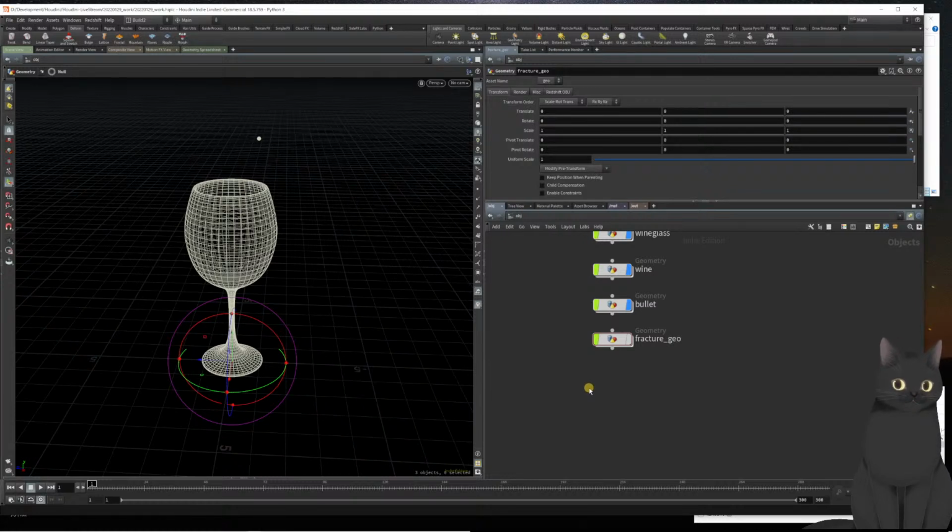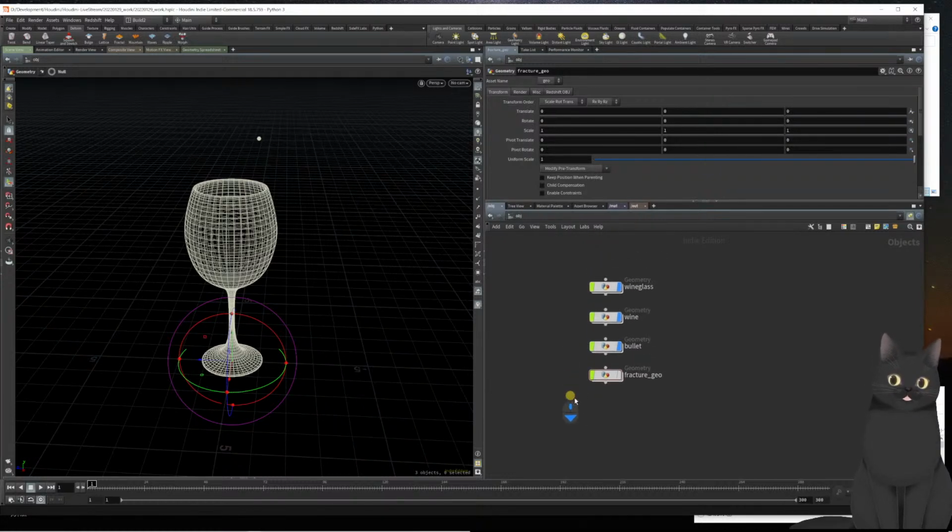We're going to go into the wine glass, and from here we're going to put down part of fracture geo, and we're going to hide that because we don't actually need that as a part of our scene. We're going to go into the wine glass, and for